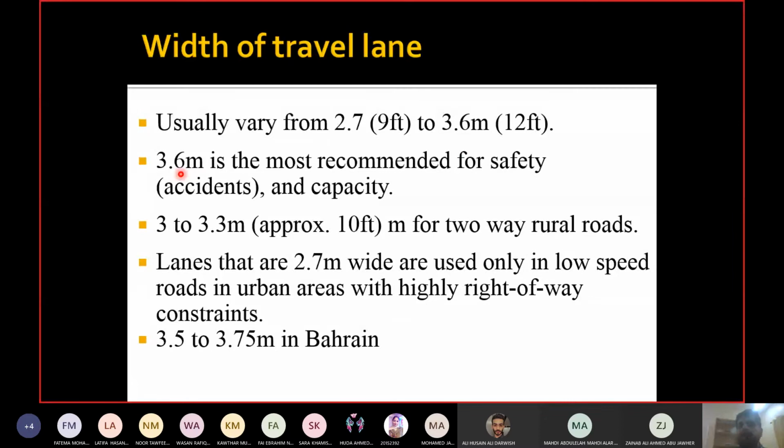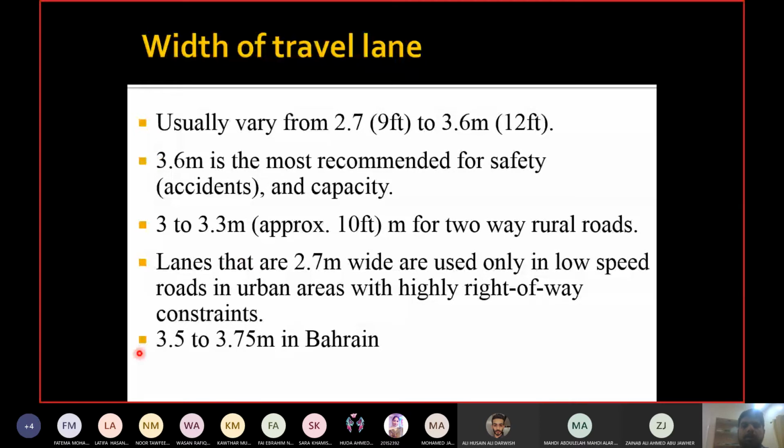Then if you are designing a 2-way rural road, which is basically a single carriageway, 1 lane each direction. Did they say it's a 2-way local road or something? No. So I will not go for this. 2.7 meters if it's an urban area and a congested location. Did they say it's an urban area and congested location? No. So 2.7 meters again, I will not use. So I will go back to the recommended value, which is 3.6 meters. Wherever I'm in one of these situations, then I will change. Since I'm not in these situations, I will keep 3.6 meters. And obviously your book is not about Bahrain, so you will not take the standards for Bahrain as well.